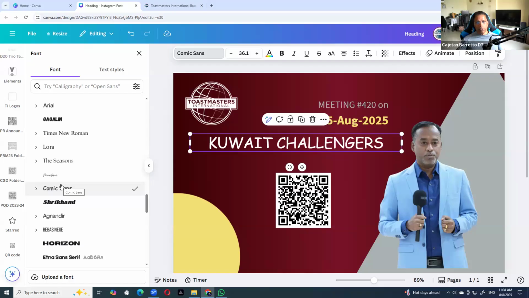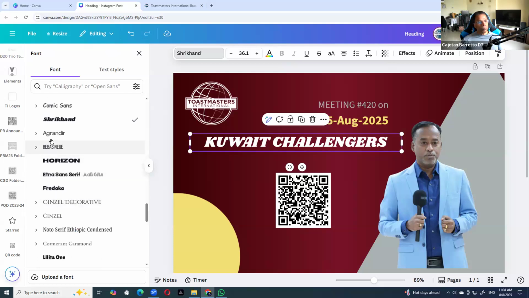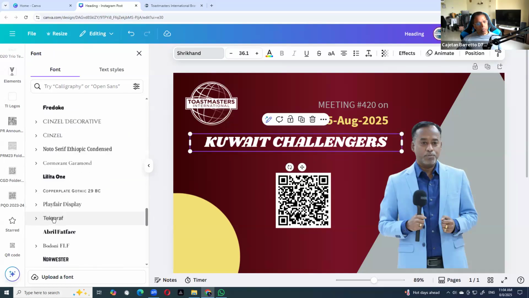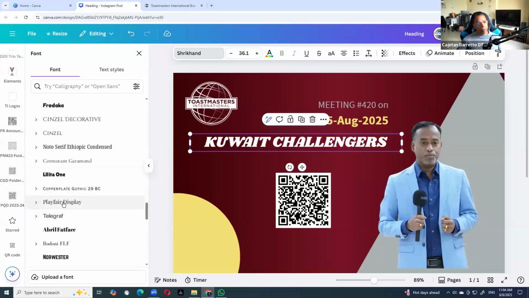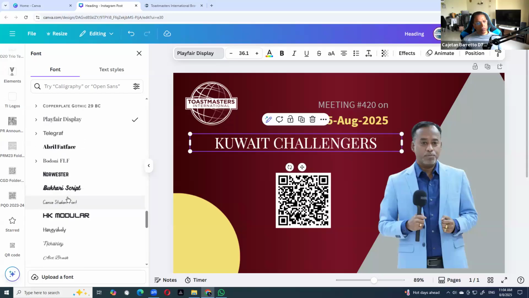Even though it is a sans serif, these are not the fonts we should be using. So you can clarify to them that all these fonts are there, but don't go hunting for inspiration in the fonts. The font should be sans serif that looks like Gotham or Montserrat.